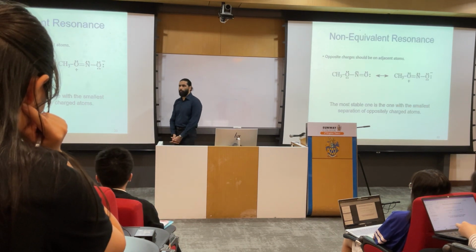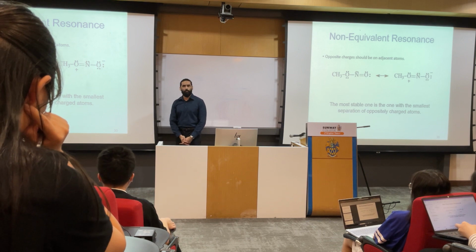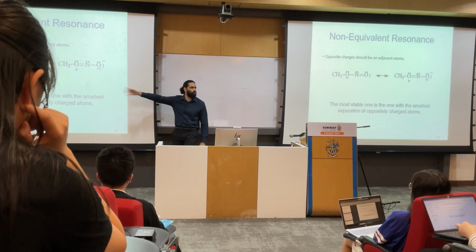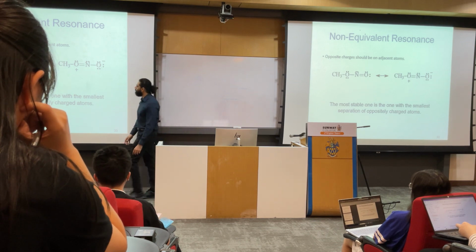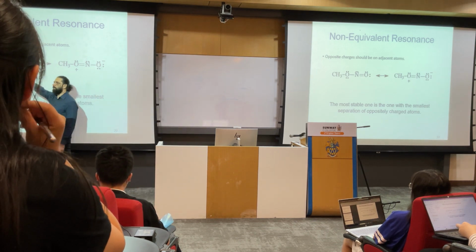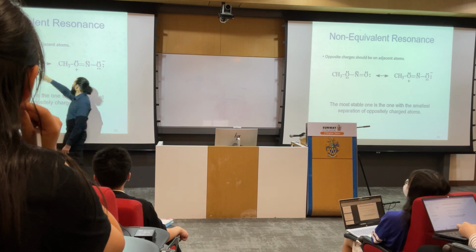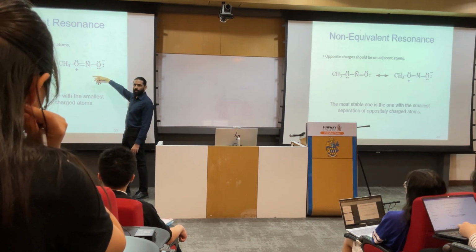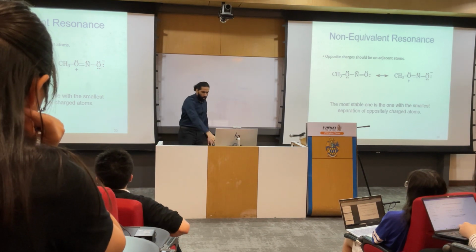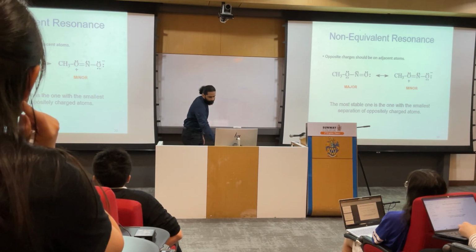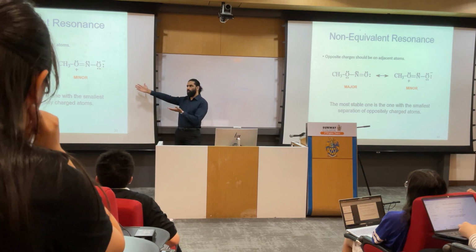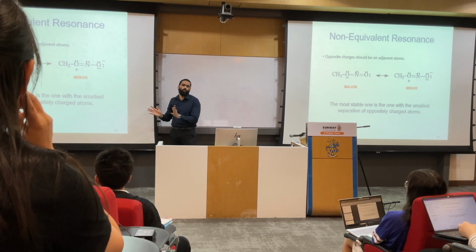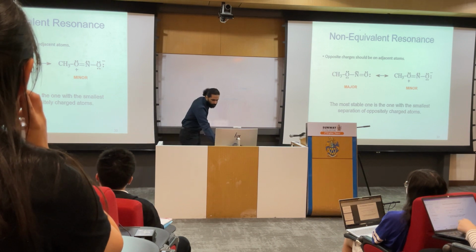Now let's talk about this example. In this example, some other rule is being applied, which is one of those four. What is happening here? Here we don't have any charge separation, while here we have charge separation. Right? So which one would be major? Which one would be minor? So no charges, perfect. Charge separation, not so good. Correct?